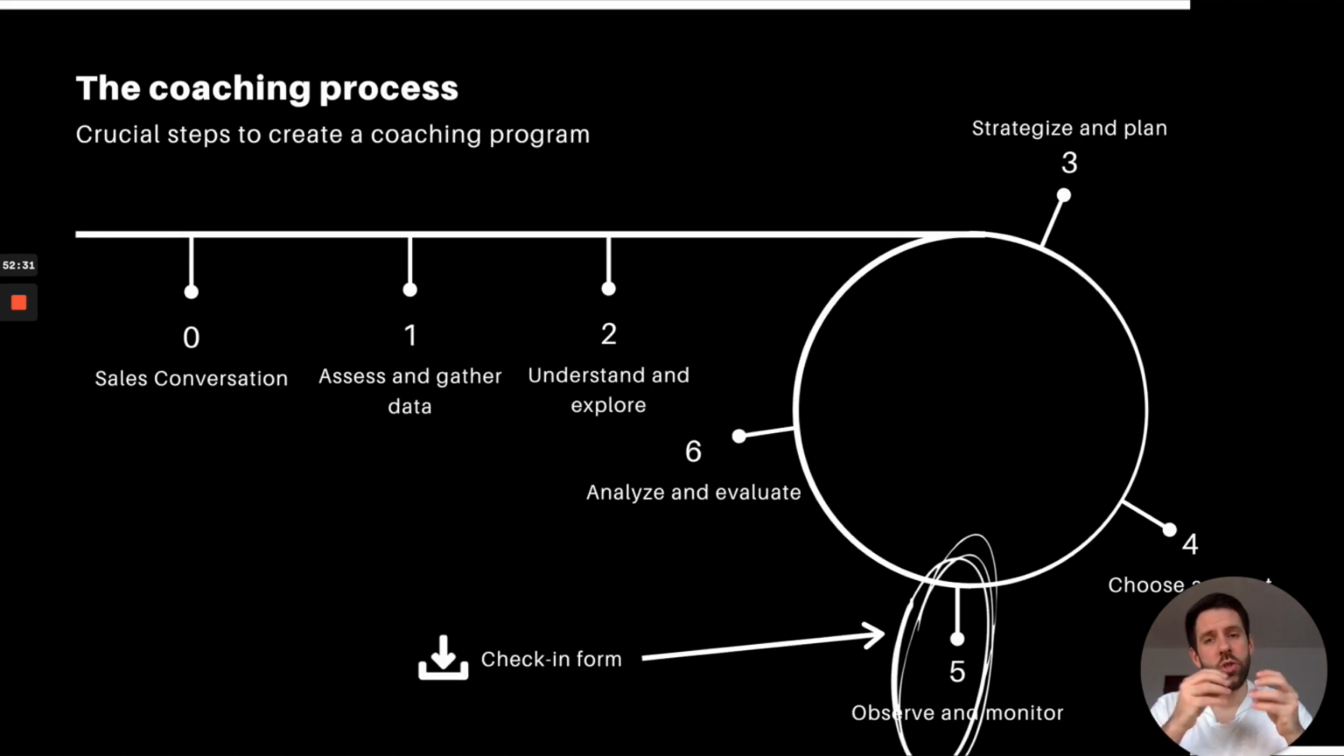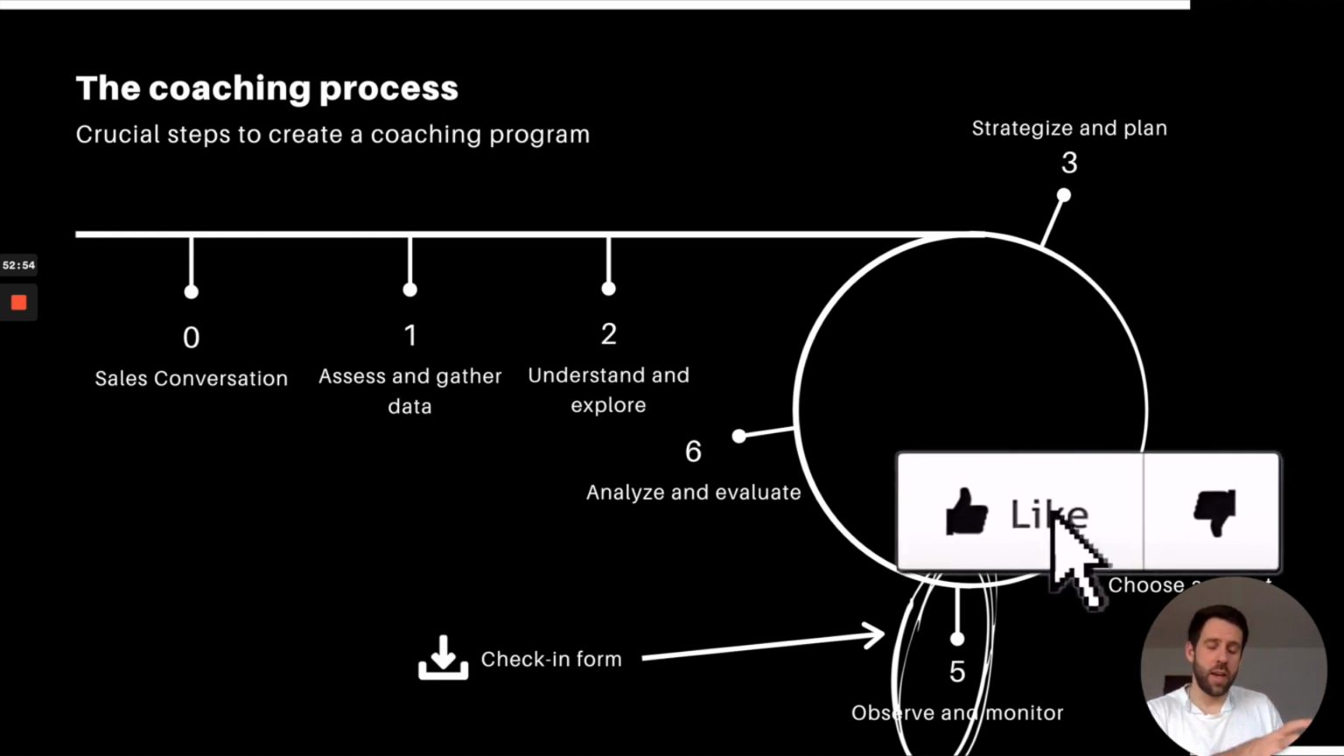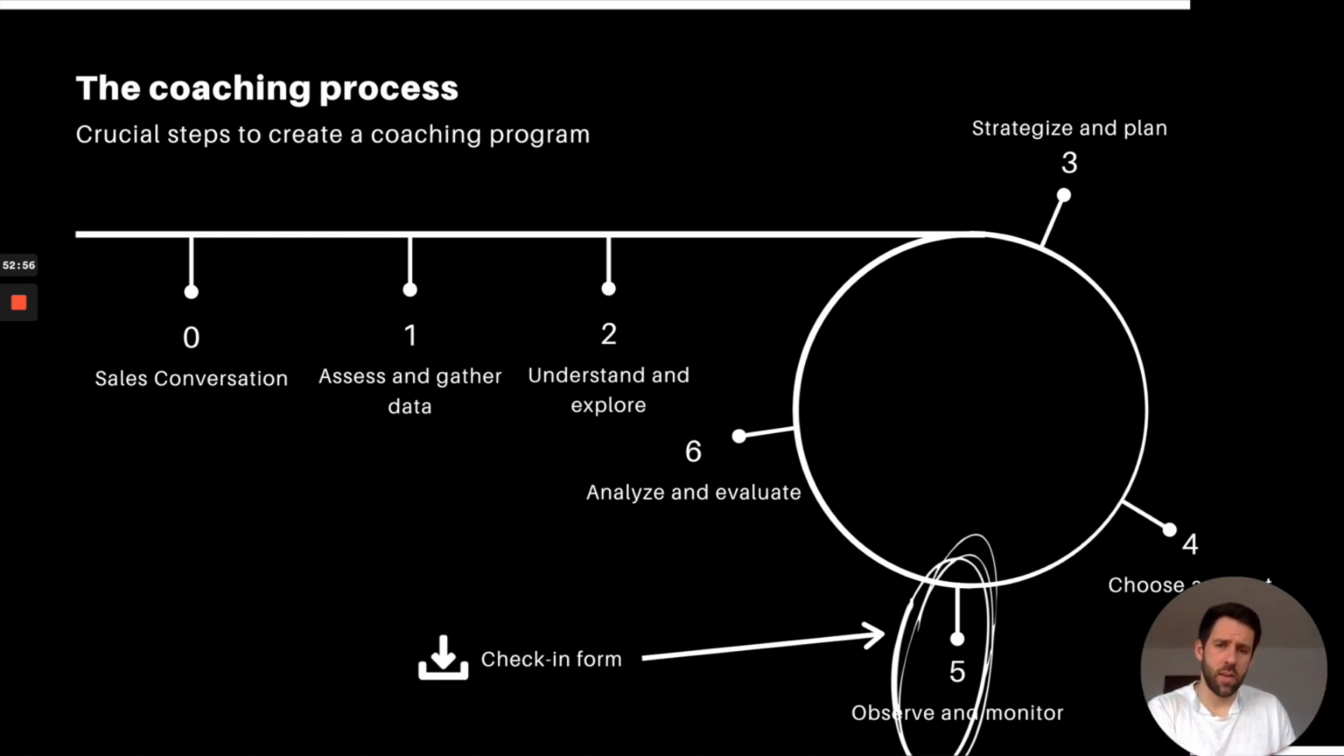Now your client has chosen a specific step and is testing it. We are at the point of observing and monitoring our clients. And one really helpful tool for that are so-called check-in forms. These are electronic forms that you can send to your client once a week, for example, so you get an idea of where they are. Are they progressing? Are they struggling? And this is so important because it informs your coaching process as well, and you can come prepared into the